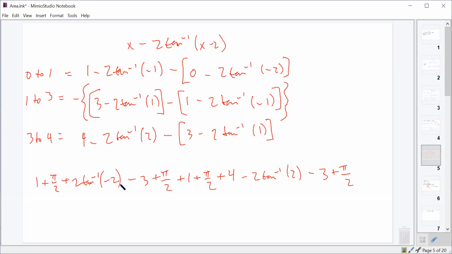We got a 1. The negative 3 gives us negative 2. Plus the 1 is negative 1, plus the 4 is 3, minus the 3 is 0. So all of those constants cancel out. And we got pi over 2 plus this pi over 2 is pi, plus another pi over 2 plus another pi over 2. So that's going to give us 2 pi plus